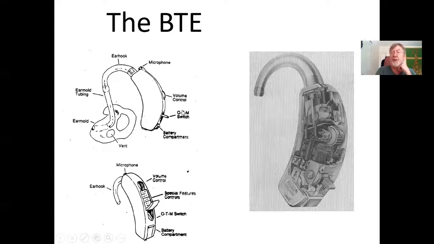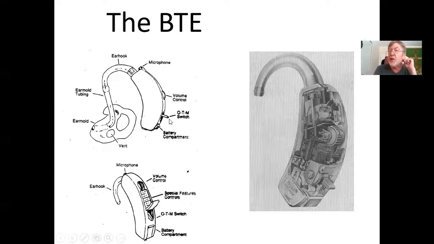You'll learn more about the telecoil later on. Battery compartment. Here's the ear mold tubing, the ear hook, and the ear mold. This would be a lucite skeleton, as you can see by the hole there. Okay, and again, turning the hearing aid sideways a bit: the ear hook, the mic, volume control, special features controls, OTM switch, battery compartment. Looking toward the right, you can see the guts, volume control, and the telecoil is an